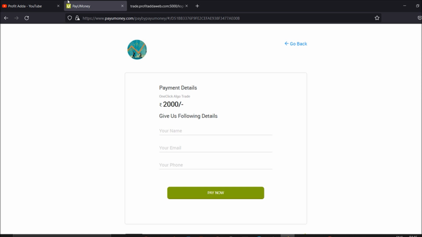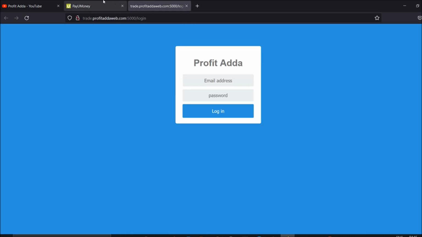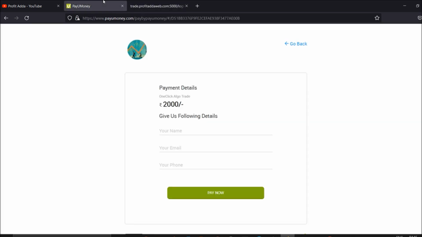This is one of the best. In 2000 rupees I'm sure you can make a profit. You can utilize this for trading purposes, as well as the scanner. When you get into trading, you are supposed to check which stock you should get in with, where you should go, what is gap up and gap down, and which top gainers and losers you should choose.